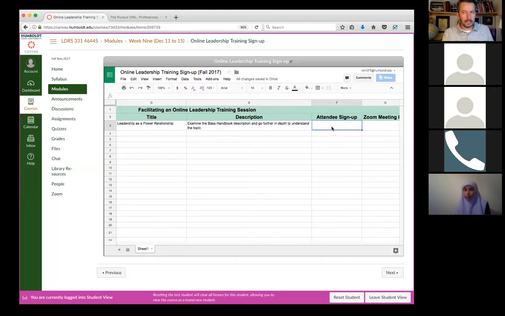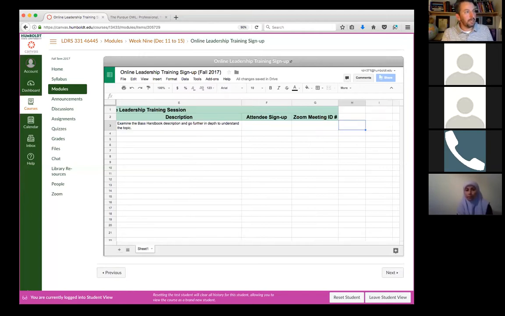And then attendees. So this is where you wouldn't fill this out. You would leave it blank. And then you can always put your Zoom meeting ID number in later. Just make sure that that's there the day of your meeting or the night before. Leave this blank because other people will come in here and fill it out. All right, let's see if we can get back out of here